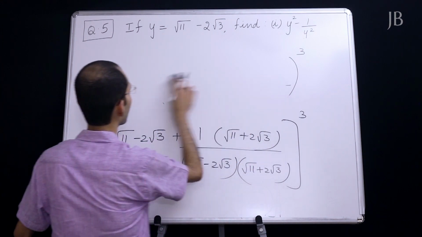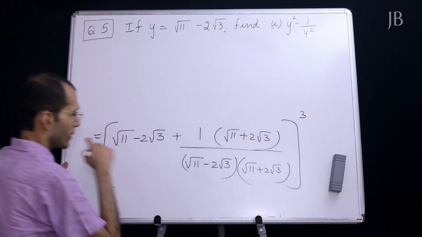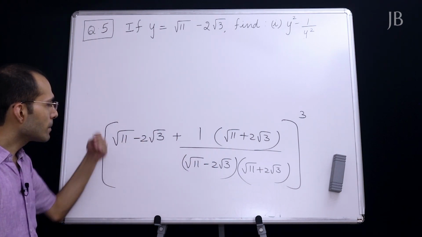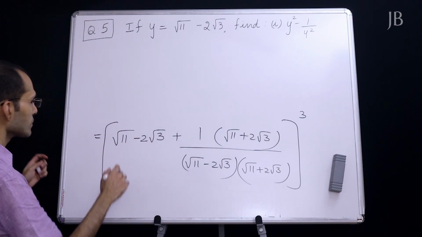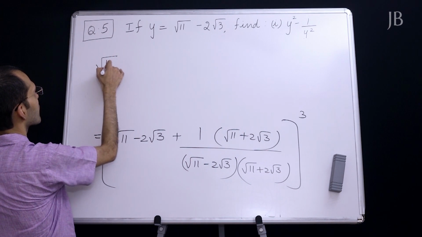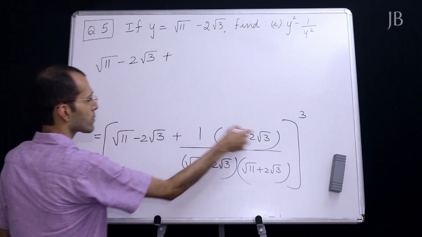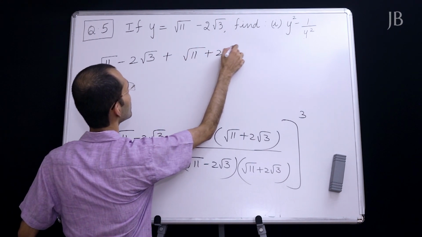These sums are not very difficult. Twice if you practice it, you will get a good hang of it. Okay, but if you would have taken LCM and simplified and then cubed it, it would be very cumbersome. This will be root 11 minus 2 root 3 plus 1 into this, not a problem. Root 11 plus 2 root 3